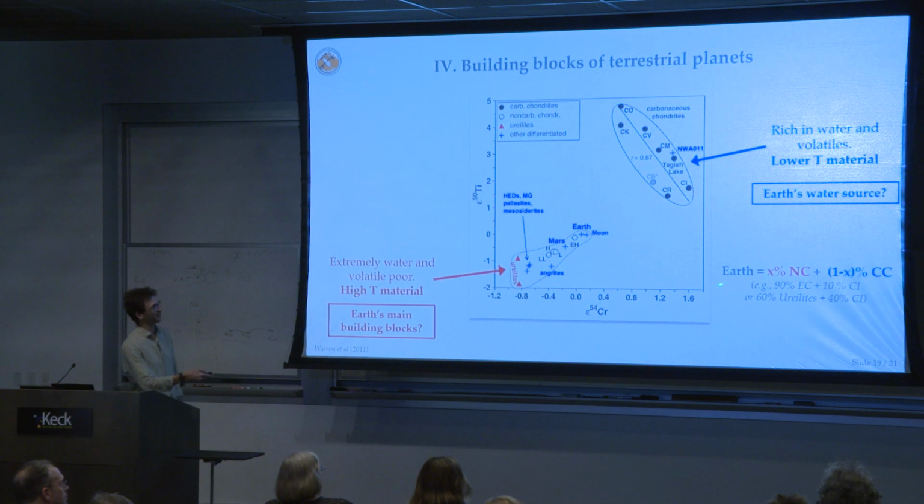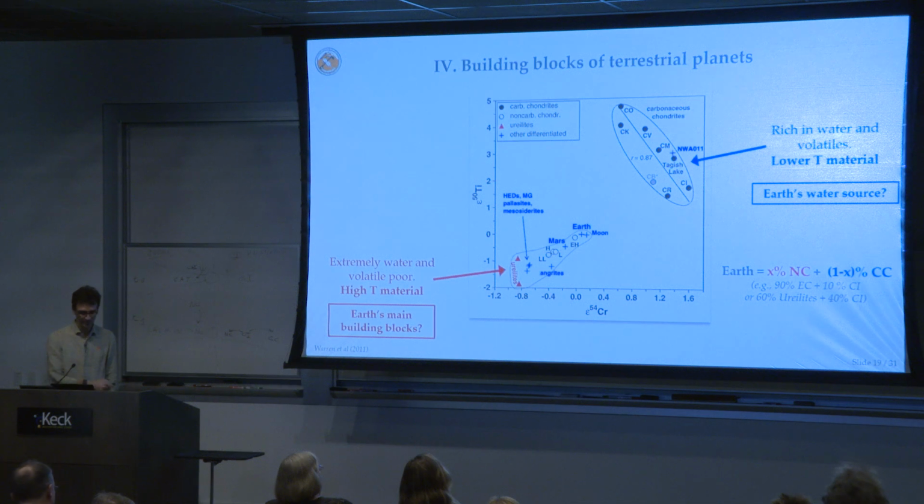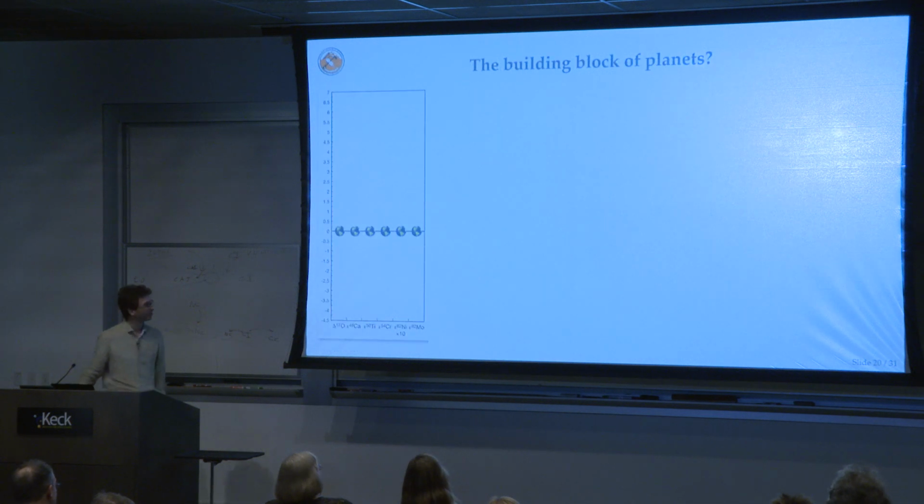And you can just say the Earth is some percent of NC material, some residual percent of CC material. So if you take enstatite chondrites that are right here, the Earth would be 90% enstatite and like 10% CI. Or you can take ureilites or angrites, and then it's more like 50-50 or something like this. I'm doing it in a very hand-wavy fashion, but you can do